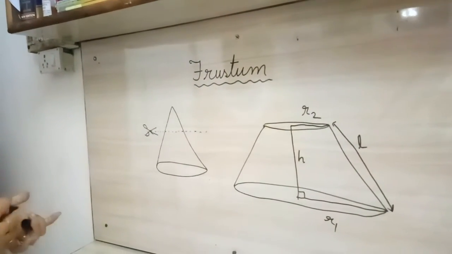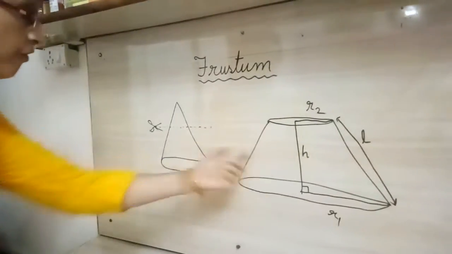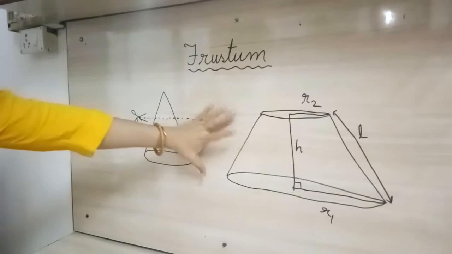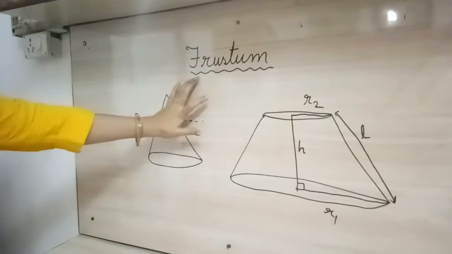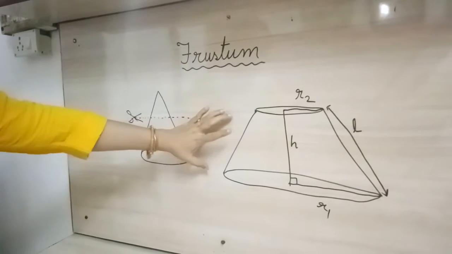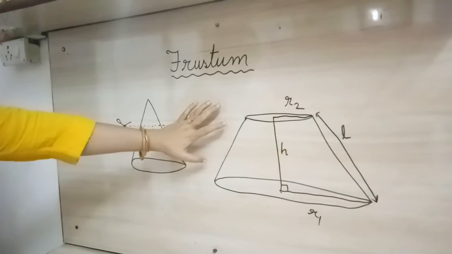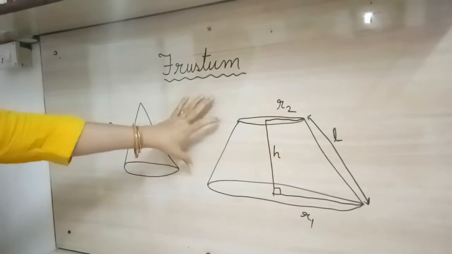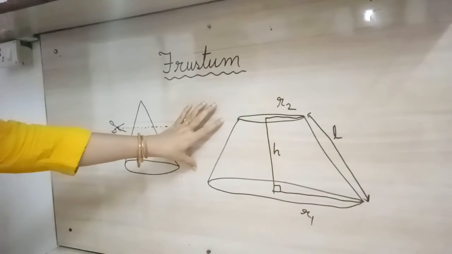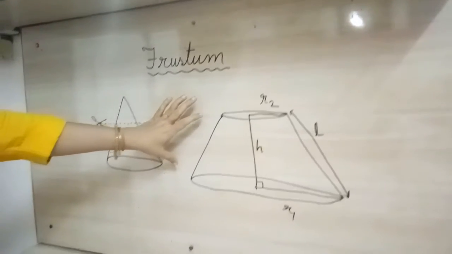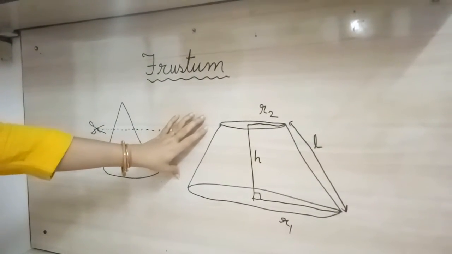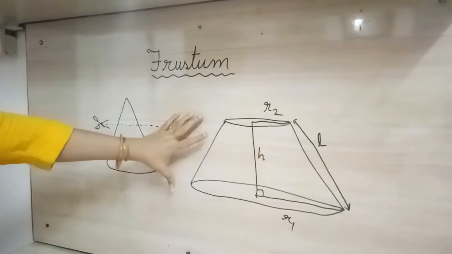Okay, but since it is coming out of a cone, we are cutting down the cone, so we are getting a shape. This shape is known as frustum. It is a 3D shape. Examples, very common example I tell you like this. In olden days, if you have seen a bucket of iron or steel, the shape looks like that. Okay, and we can say a fancy glass nowadays, they also come in the shape of frustum. So very common example we can say like this.